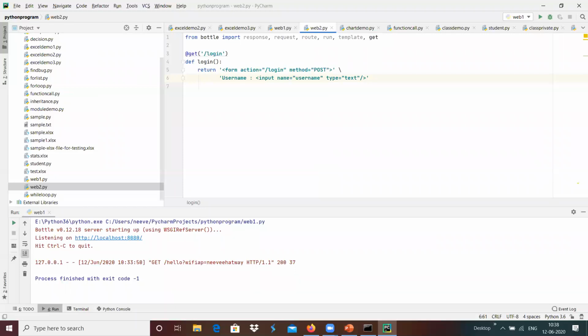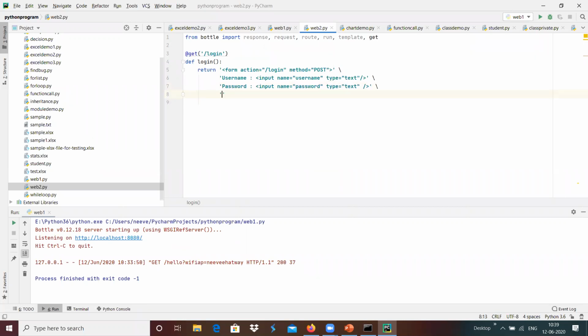And I'm going to do the continuation and password over here, and the password also will be an input, and we can add something like a password over here, and type equals text, something like this. I'm ending up that particular thing.